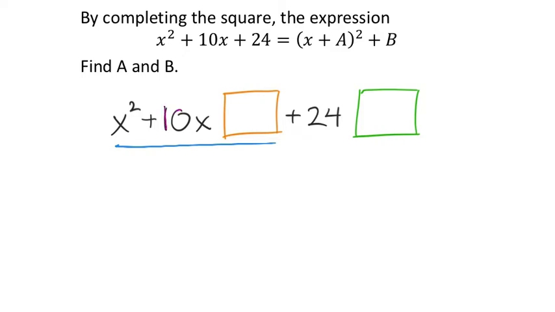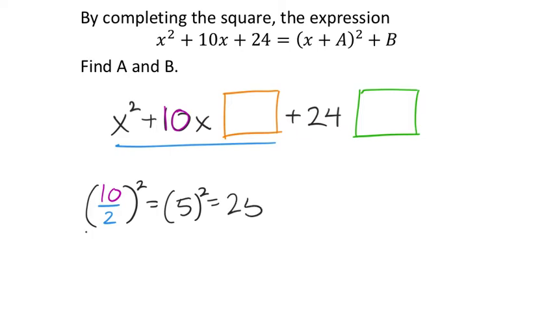You're going to take the 10, the middle coefficient, which is 10. You're going to divide it by 2, and then you're going to square it. Okay, now I'm going to operate here. I know 10 divided by 2 is 5, so I can square that. 5 squared is 25. So if I were to take that x squared plus 10x, and let's say I added 25 to it,